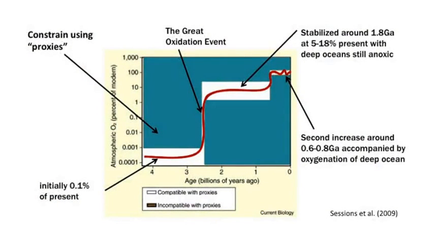Well, this graph just shows you how oxygen has changed over time, and we can use things called proxies. These are geochemical indicators in the rock record that tell us something about the concentrations of oxygen. Minerals, for example, in rocks that behave in particular ways when they're subjected to certain atmospheric concentrations of oxygen. And the way in which those minerals behave can tell us what the levels of oxygen might have been in the atmosphere. And we'll come back to that in a moment.